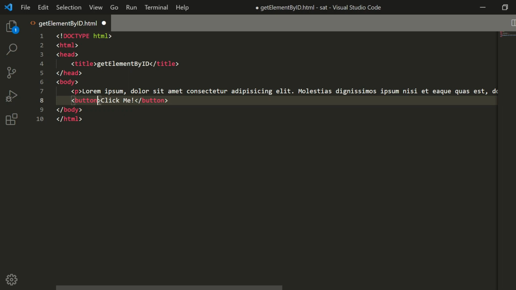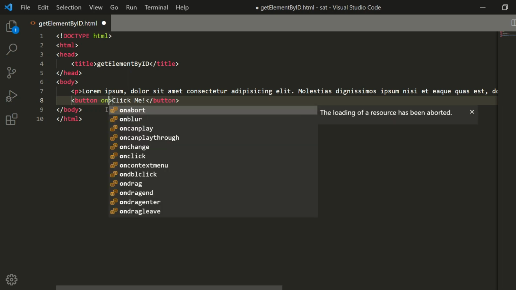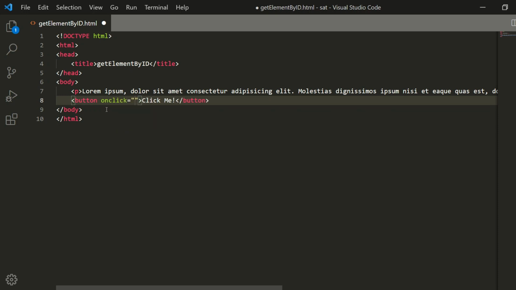So for that, when the button is clicked, we will see one of its attributes. There is the onclick attribute. What that does is tell us what should happen whenever we click this button. So we will create a function, let's say changeFormat or textFormat. This JavaScript function will be called whenever the button is clicked.